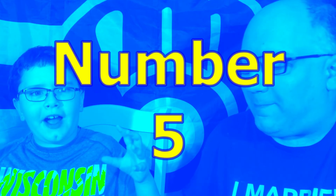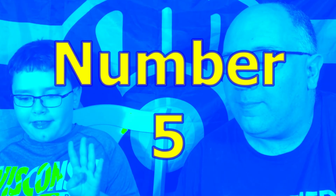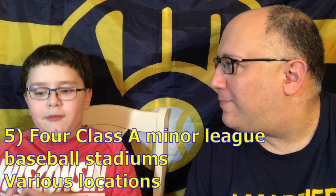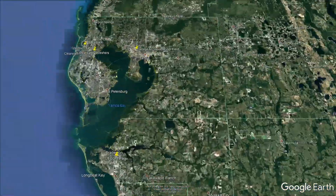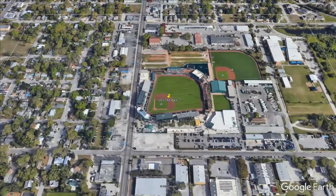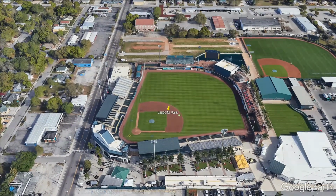For my number 5, it's a big combined one. There are 4 places to go with this. The Tampa Metro Area Spring Training Tour. And not just spring training, but minor league games that we could actually see. Yeah. The first one is LECOM Park? LECOM Park, correct. LECOM Park, home of the Bradenton Marauders, the high A...